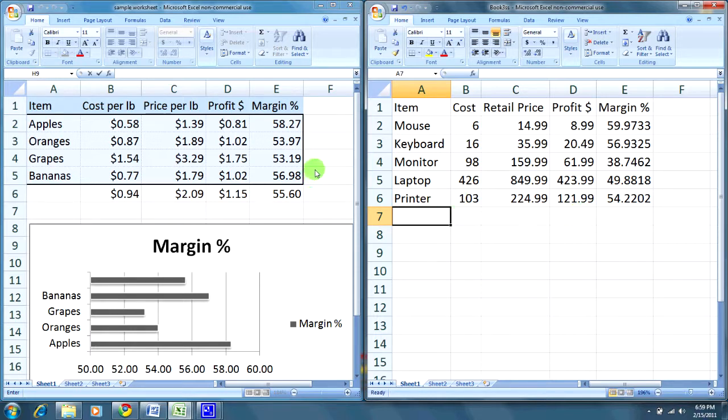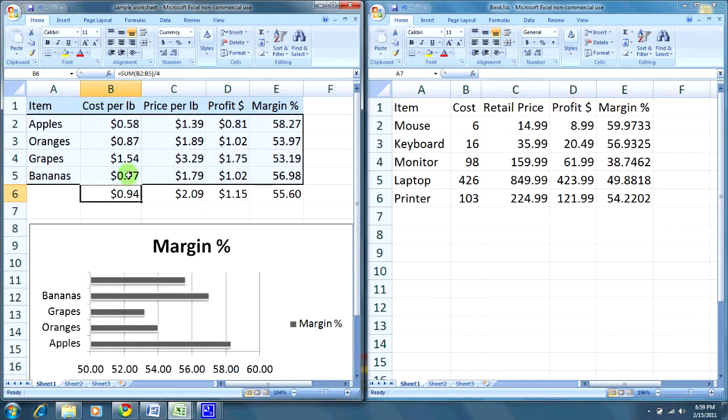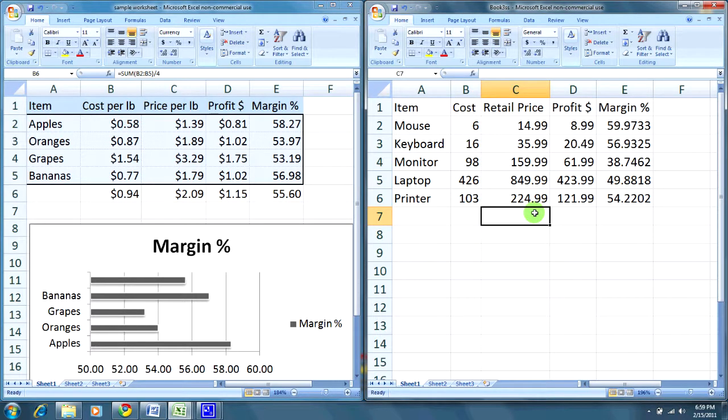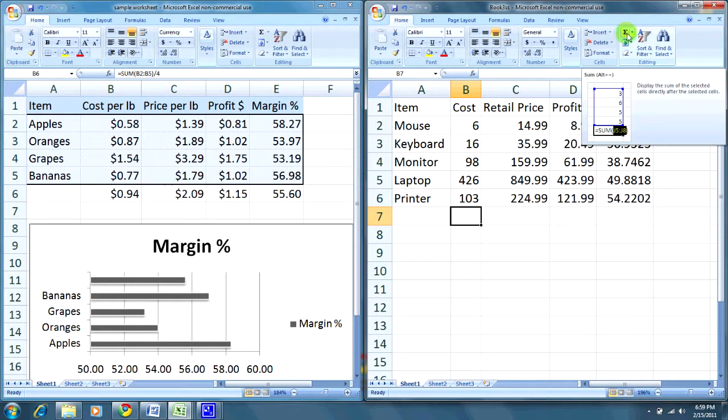As you can tell in the sheet on the left, I have totals. Let's come up with some totals. However, these aren't totals, these are averages, as totals aren't very helpful to me. First, I will click the cell where I would like the total to appear. Next, under the Editing tab, you can click this little Greek E,